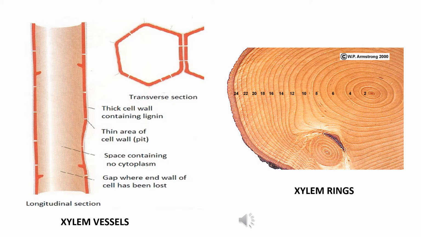water transport. And in the right side picture, we can see that in the log of a tree, there are concentric xylem rings that have been deposited year after year. By counting the number of xylem rings, we can approximately know how old the tree is. In this picture, there are 24 rings of the xylem in this log of the tree. So we can say that the tree is approximately 24 years old.